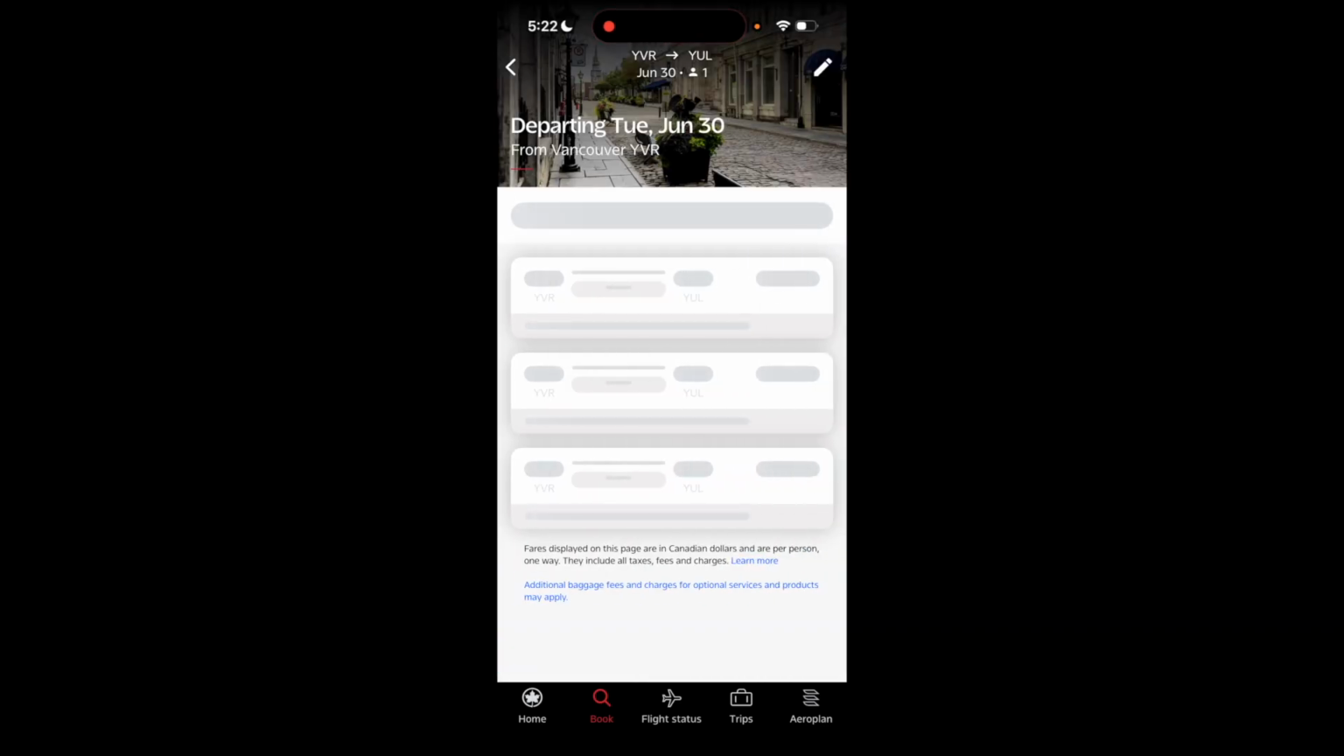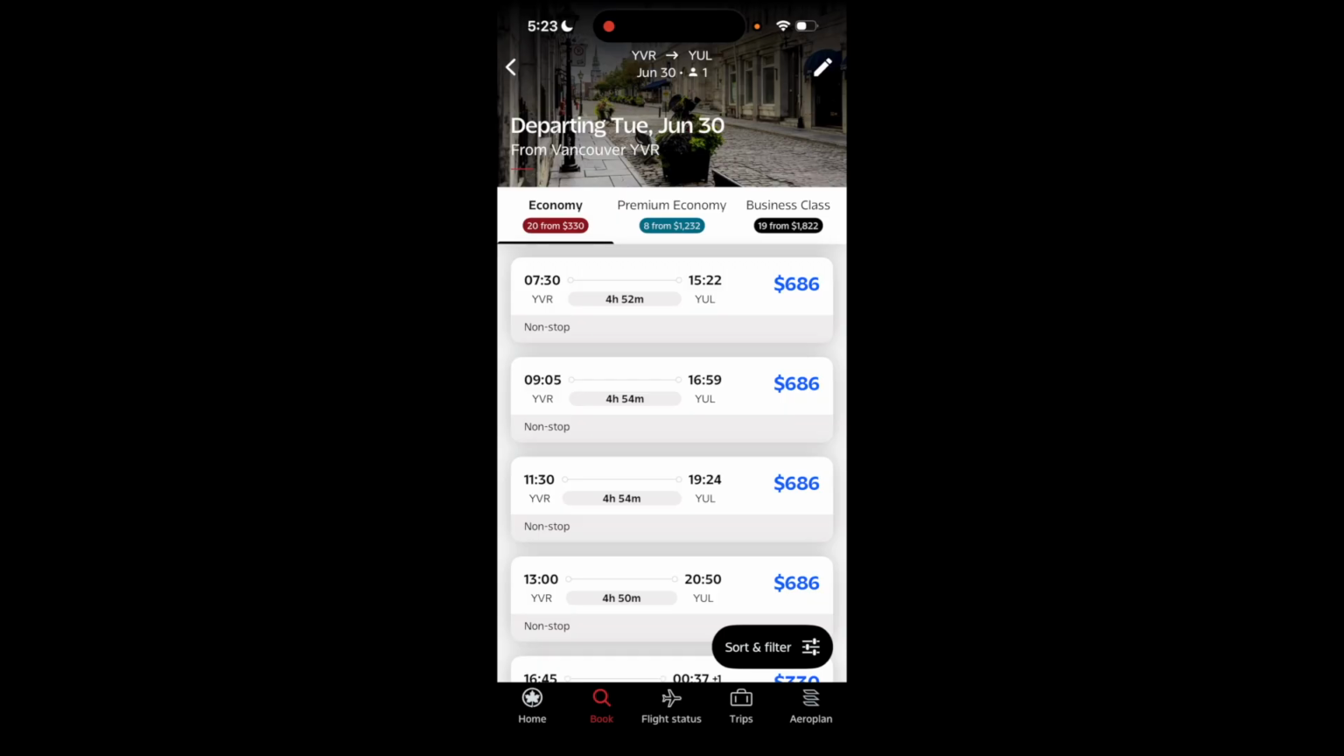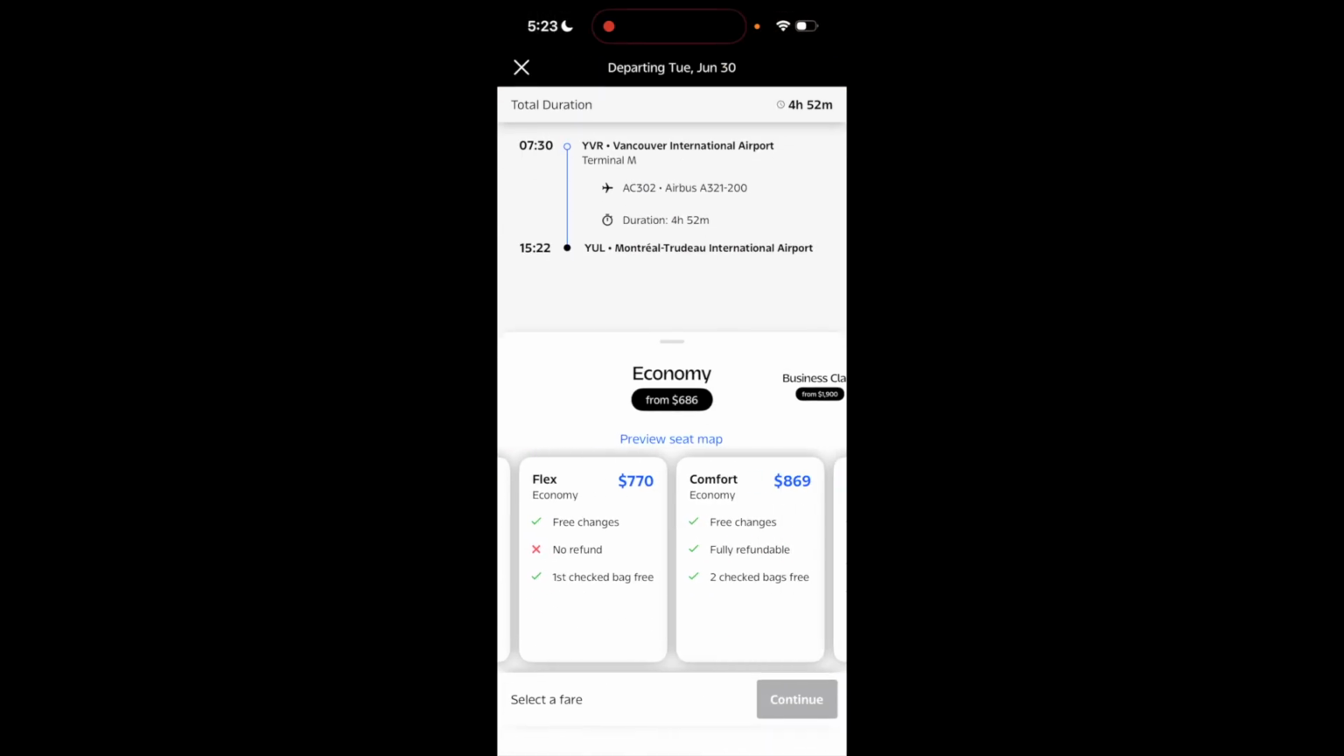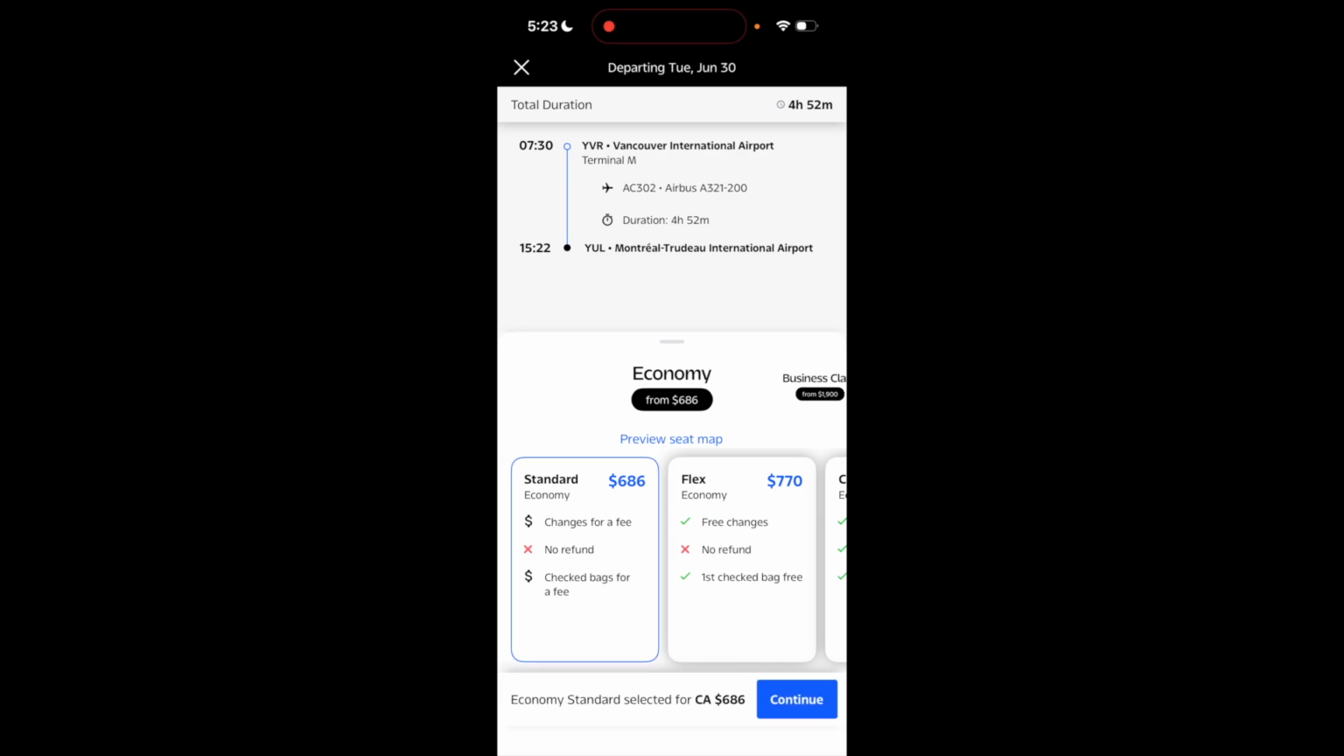It'll then show you the one-way flights right here, so it's going to load. It'll show you the flight as well as the price. So if you wanted to go ahead and select, I'll do this one as an example. You can then select your seat as well as the seat map, so I'll just press standard right here and